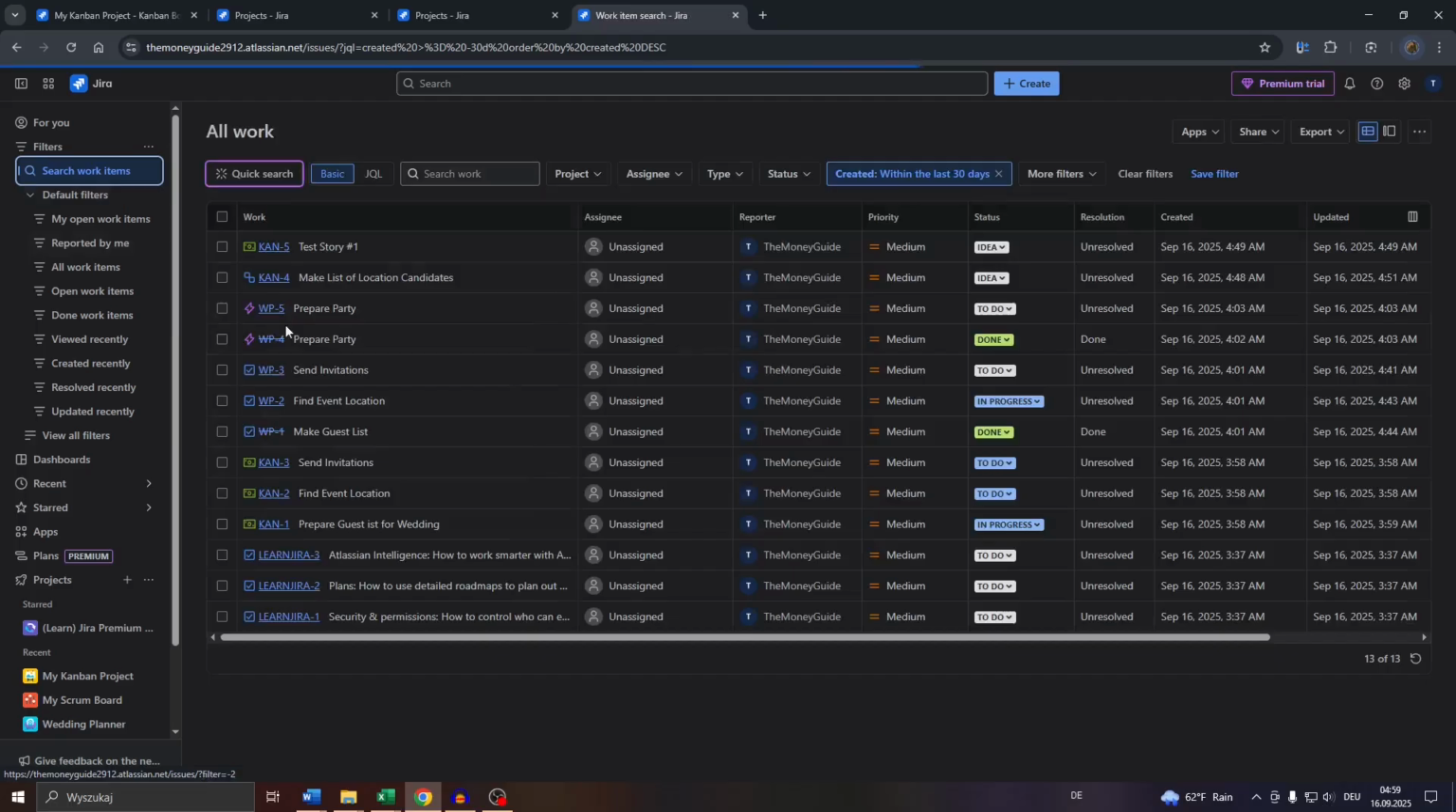And here you will see a list of all work items that are currently ongoing or that have been completed, with the status here to the right, the assignee, the creation date, and so on and so forth, guys. So you can use that mini search bar here too to filter out your search results even more,